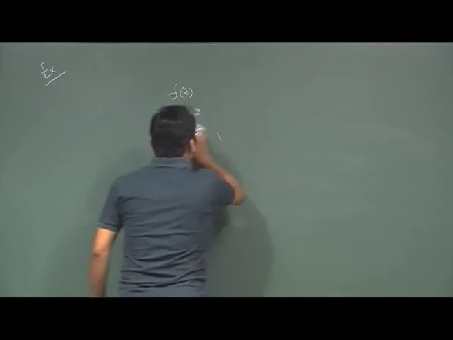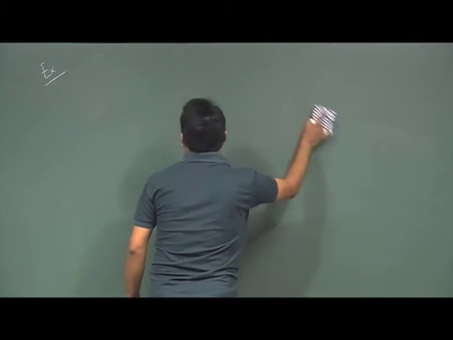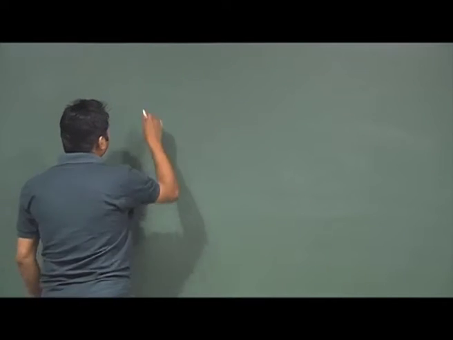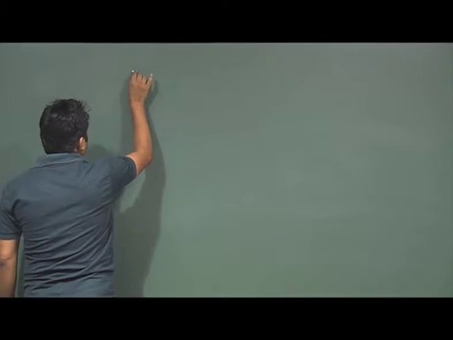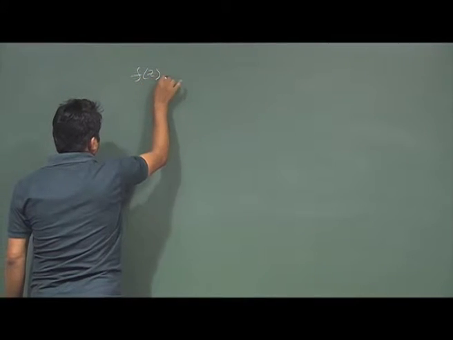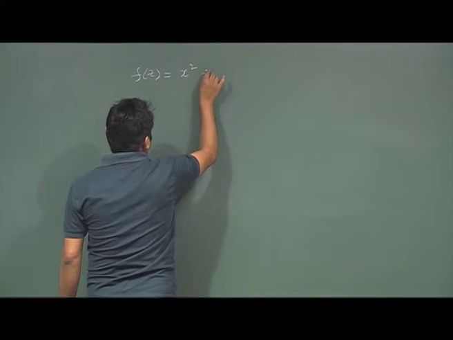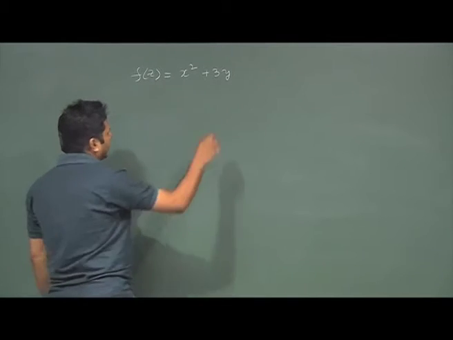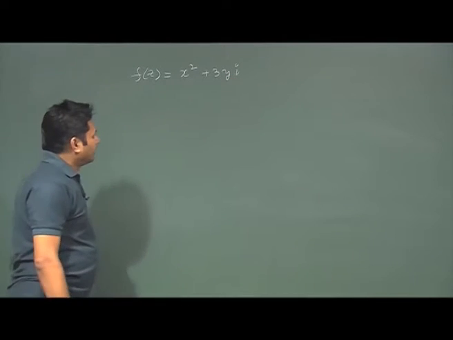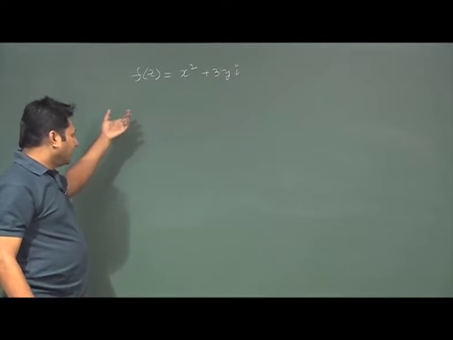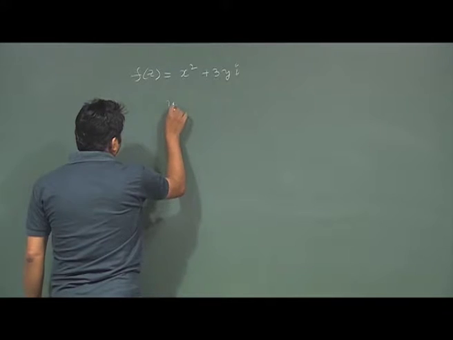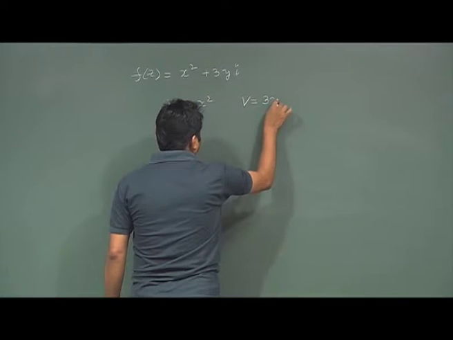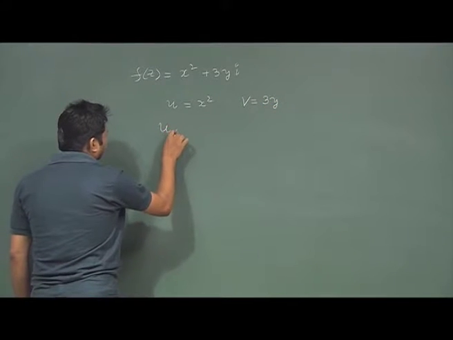So, more examples. This is a critical example where we have a relationship. We can have more examples like f(x), say x square plus 3yi. It is a similar kind of equation, and you can do that in the same way. For example, if I take u is x square, I am doing a similar kind of example so that you can understand what is basically happening.